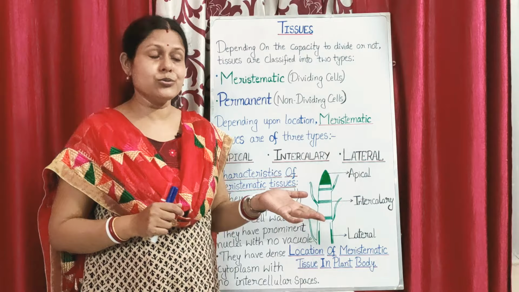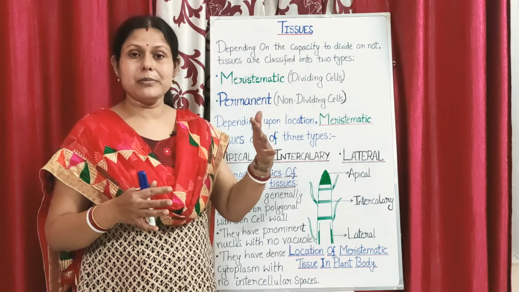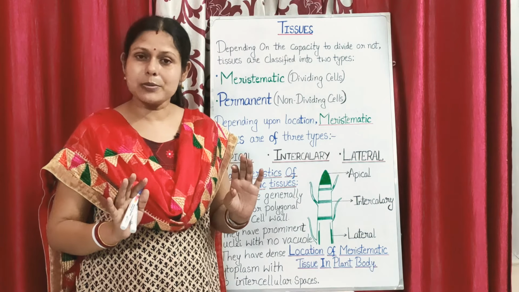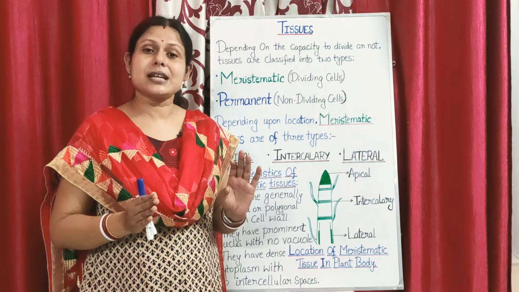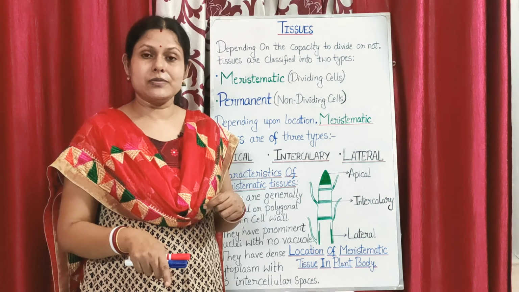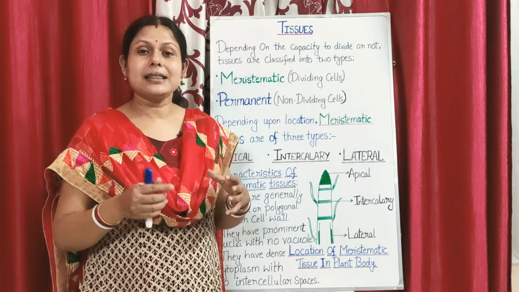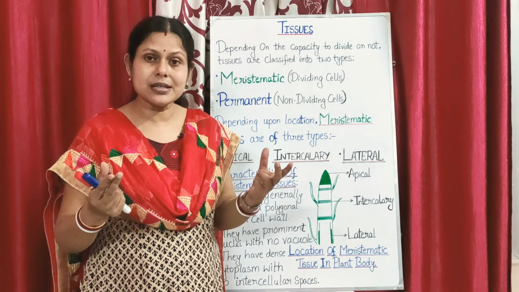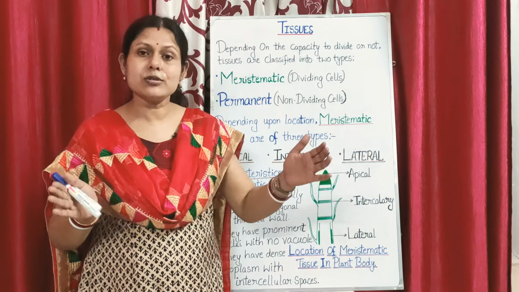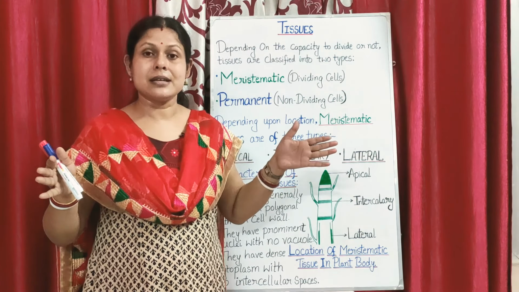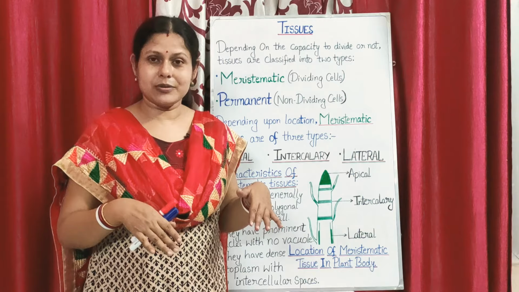Those permanent tissues which have become permanent during the time of growing of the plant's height, and have lost the property of division, during the time of the secondary growth again regain the property of division, become meristematic, and then they add cells. That means they keep on dividing. So when cell numbers are increasing, definitely the size will also increase. So the size is increasing, which means the diameter of the trunk is increasing, with which we are making the furniture in our home, isn't it?